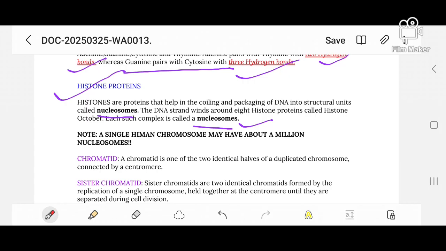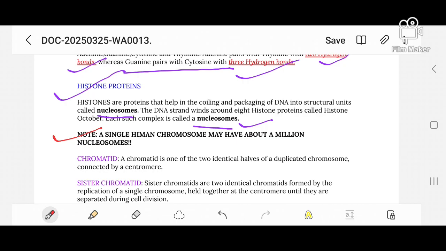Note, a single human chromosome may have about 1,000,000 nucleosomes. It is not so important, but a question might come in MCQs. Okay,